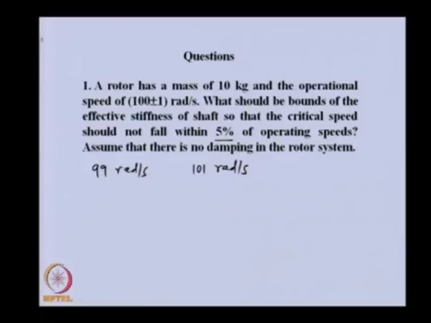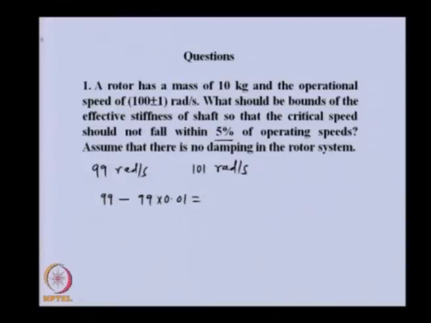That means the lower frequency, the safe frequency range, will be 99 minus 5% of this,